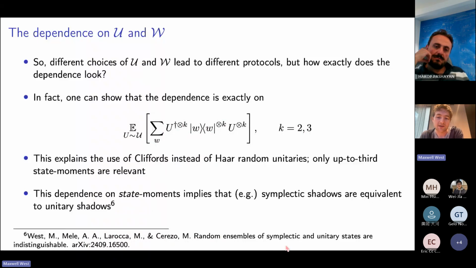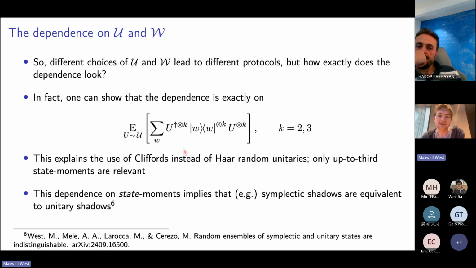Originally we were trying to work out what the classical shadows protocols look like for the orthogonal ensemble, which I'll get to in a second. That's the real classical shadows, and also the symplectic ensemble. This is just a different distribution of matrices that have certain properties. They preserve a so-called symplectic form. And it turns out that if you do this integral over the symplectic group, in general, the k-fold averages are completely different. It's just a different ensemble. But if you only act on rank 1 things, like states, this expectation value is actually the same for the unitary group and the symplectic group.